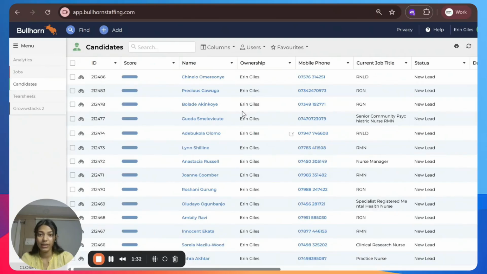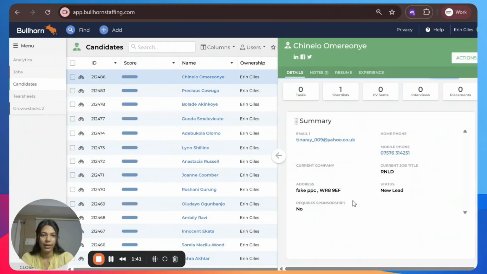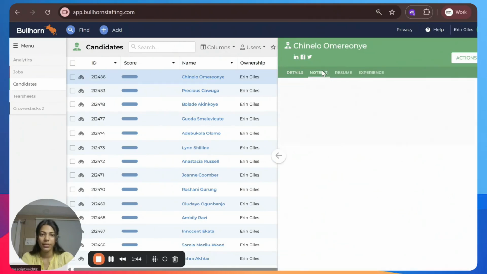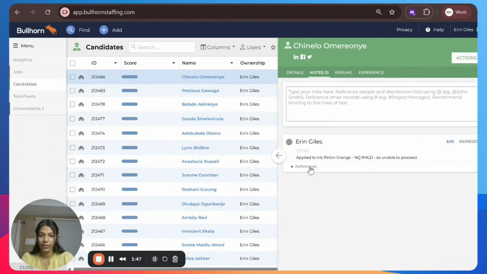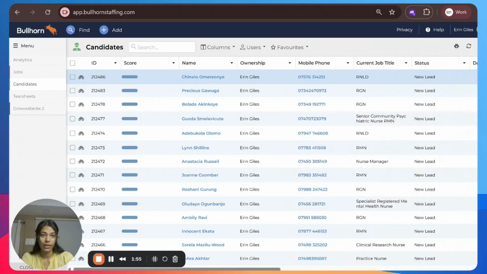And in the candidates, we have a notes section. So if I open a candidate, I have the whole summary and the status. In the notes section, we have the notes here. So every detail about this candidate is also stored in the notes. The status is called or not answered, along with the summary and the transcript.